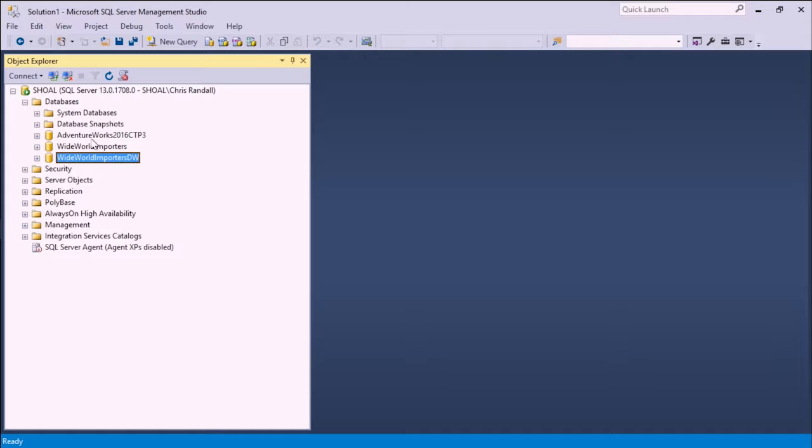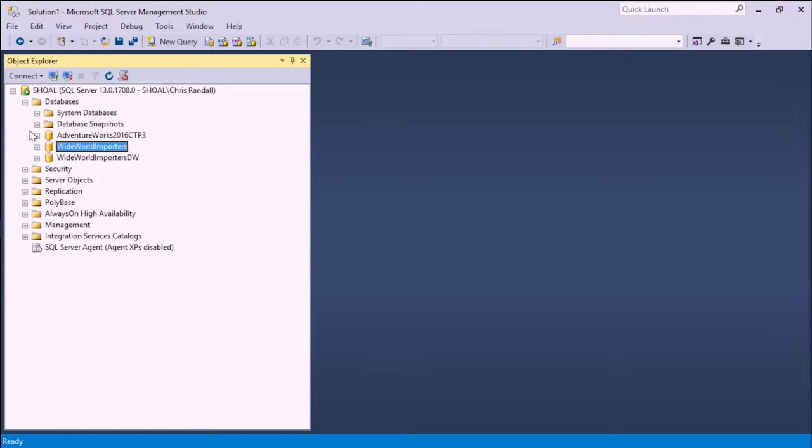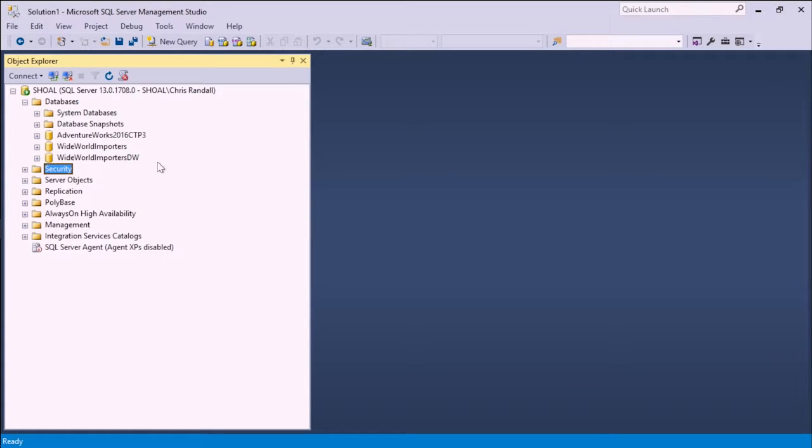In this interface, I have access to the databases and the objects within them, everything from tables and views to the service broker settings and security settings. But I've also got access to system-level features such as system-level security. Who's allowed to log into this instance? What are they allowed to do when they get here? And so on. For the purposes of this demonstration, I simply want to set up a database and make it